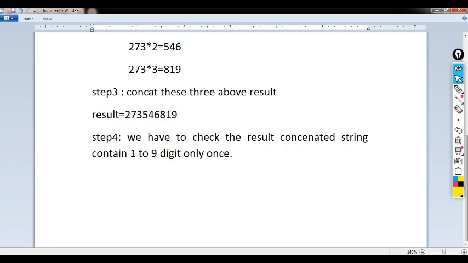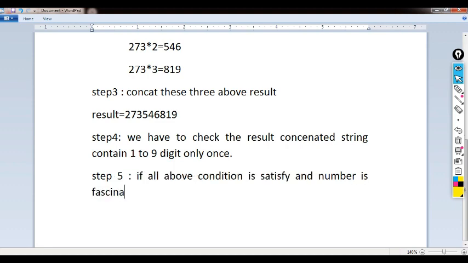After checking, we can conclude that if all the above conditions are satisfied, then the number is fascinating. So if all the conditions are satisfied, then we can say that the given number is a fascinating number.